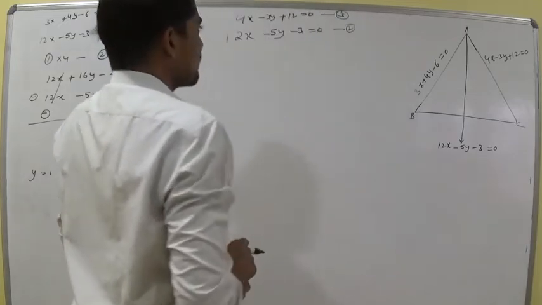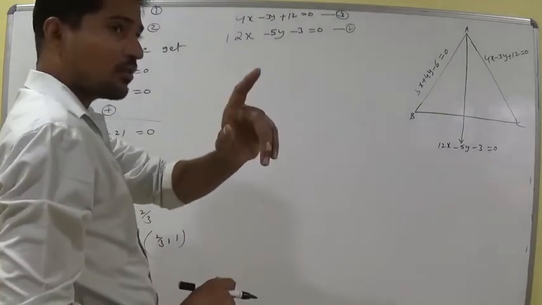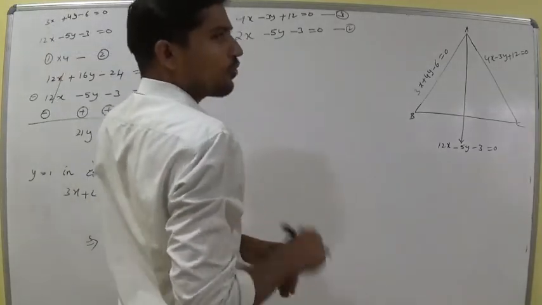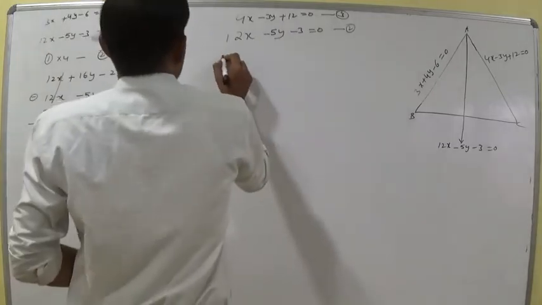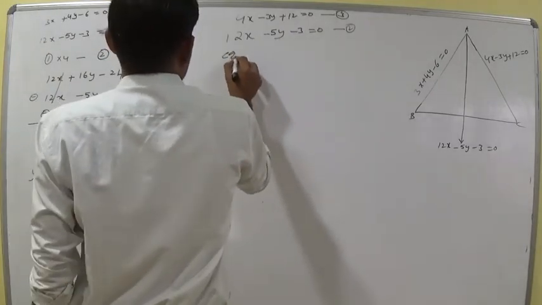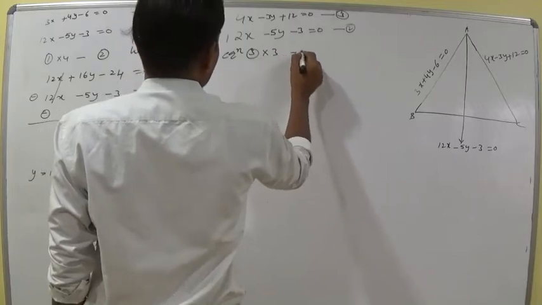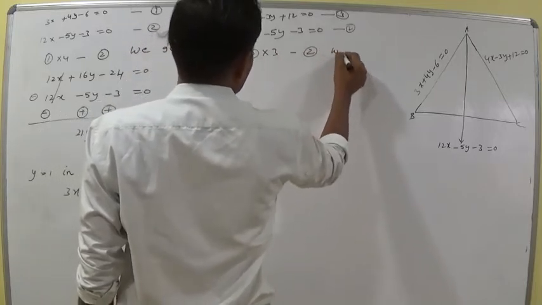So multiply equation number 3 by 3 and then subtract 2 from it. Equation 3 times 3 minus 2, we get